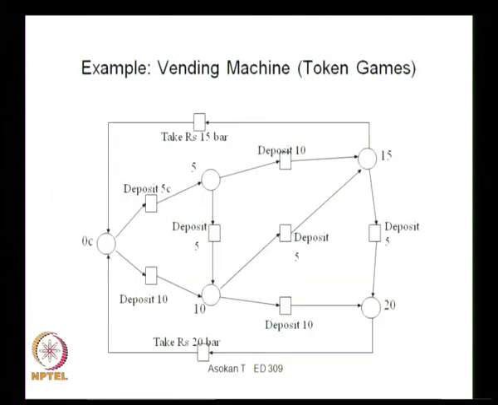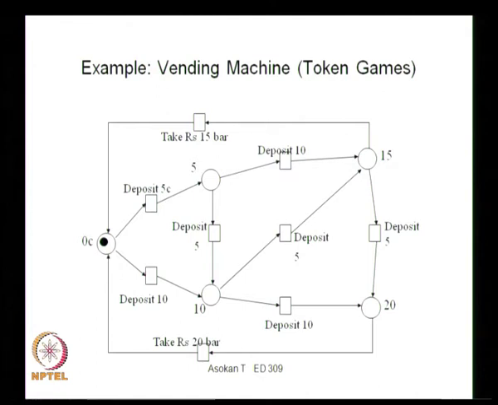So here is the PetriNet for this particular scenario, and we have the token here. Initially it is 0, so it is ready for firing. So you can give a 5 or 10. You can see here that this 5 and 10 both can be fired because this 5 is connected to the 0 and this 10 is also connected. The initial condition for transaction is that there should be a token available at the circle marked the 0 or the place marked the 0. So here one token is available, therefore you can fire any one of these.